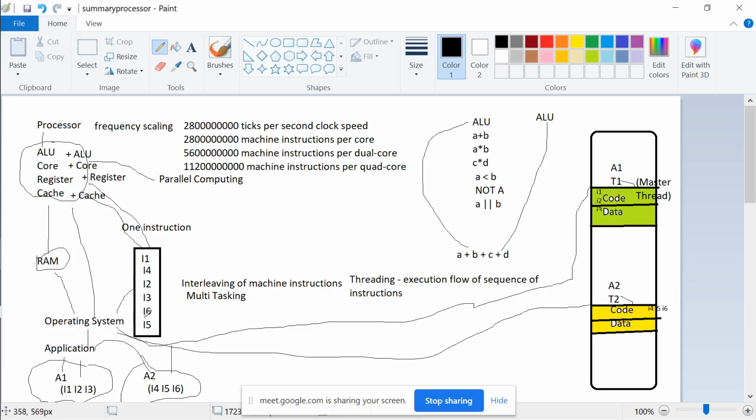So the moment the operating system gets back the result from the processor, it knows this instruction was I1, and it knows whom to give back the data, right? It belongs to which thread. So the data goes back and gets stored in the data section, and the code reads it from the data section over here. So for the program, everything works between these two sections. The operating system is the main intermediator who knows where to pick the data from, how to queue it, how to give it to the processor. So this kind of process management is called multi-threading.